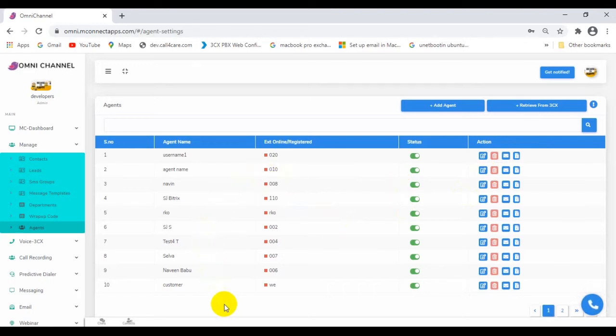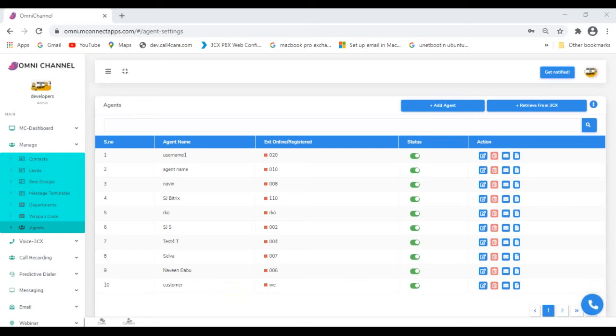This is how you will add new users, and you can add any number of users and create any number of groups and assign to them. Now I will show you whether all the users whom I assign to the group have listed out or not, and how to generate reports for individual users, and how to see the call history of the user's interaction with the customer. For that, now I'm logging in as user